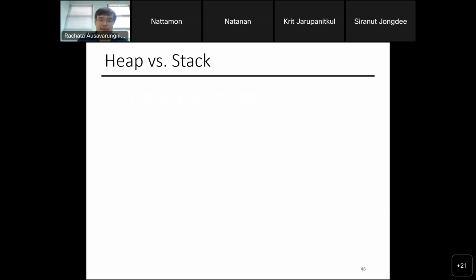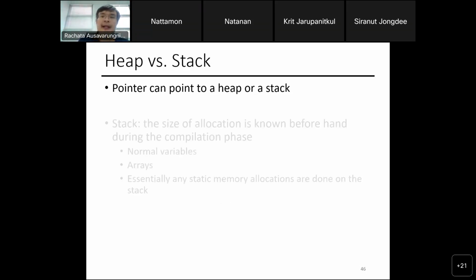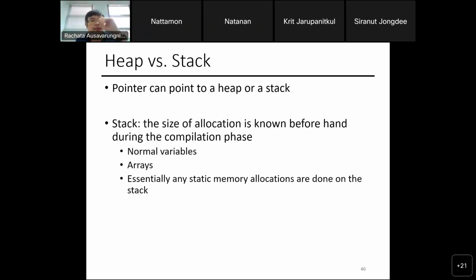Heap versus stack. We'll talk about this in more detail when we go through module 3 assembly. But a pointer can point to either the heap or the stack, which are parts where the OS uses a different way to manage them. The stack is used where you know the size of allocation beforehand, things like normal variables or arrays, or essentially any static memory allocation.